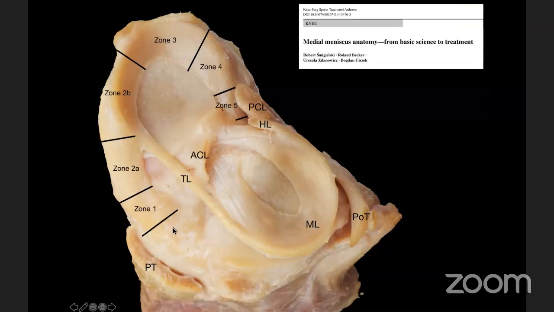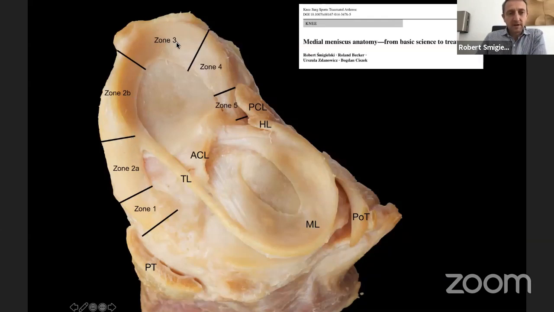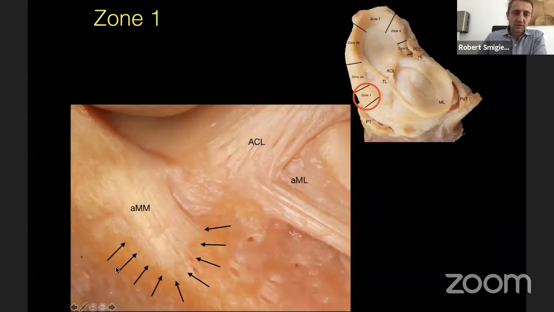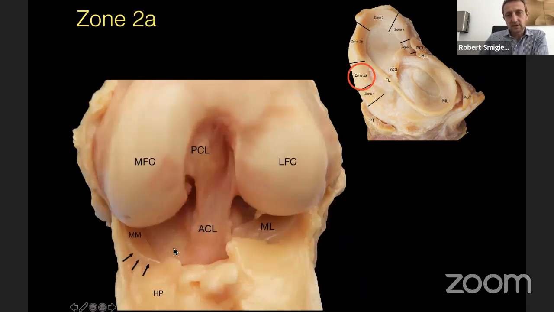All right. I just published a paper about the medial meniscus anatomy, and we propose to divide the medial meniscus into 5 different zones. Zone 1 is the anterior root of the medial meniscus, and it is very typical. There are sharper fibers, and the histological anatomy is closer to the ligament than to the meniscus. Then we have zone 2, and as you can see on the right-hand